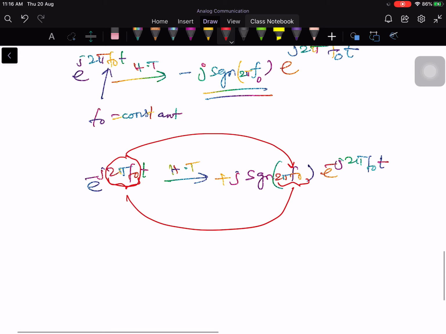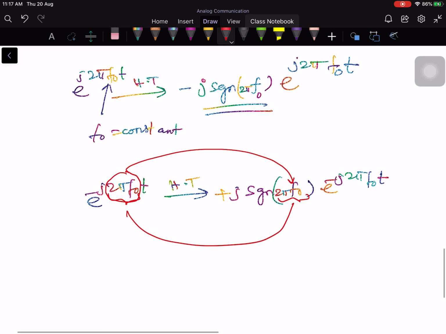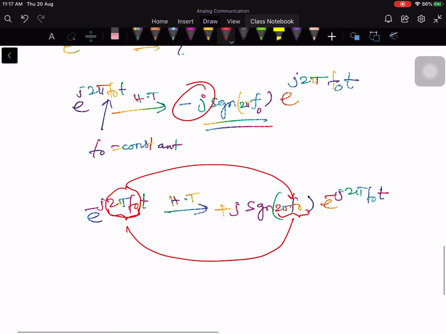So when you have a real signal, there you have positive frequency components as well as negative frequency components. So it makes sense to say that the positive frequency component is shifted by minus pi by 2 and the corresponding negative frequency component is shifted by plus pi by 2. Okay, that is multiplied by plus j or minus j. So this minus j indicates minus. Okay, so when you have a complex exponential, then you have only a single frequency component, either positive or it is negative.